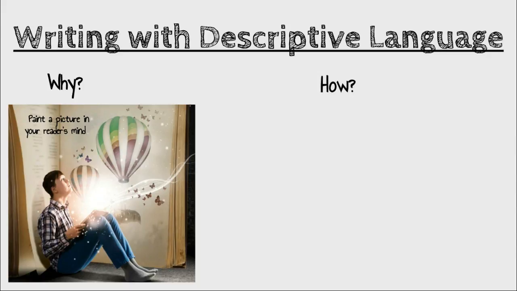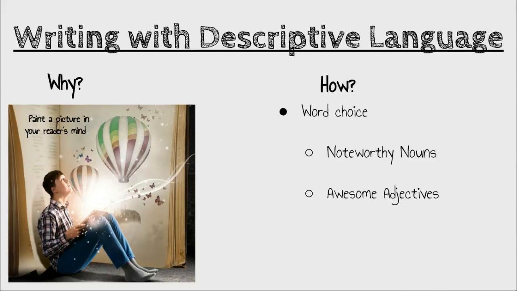So how do you write with descriptive language? We write with descriptive language through our word choice, through using noteworthy nouns and awesome adjectives and vivid verbs and adventurous adverbs. You've learned the basics about these parts of speech, and now you're going to dig deeper to apply